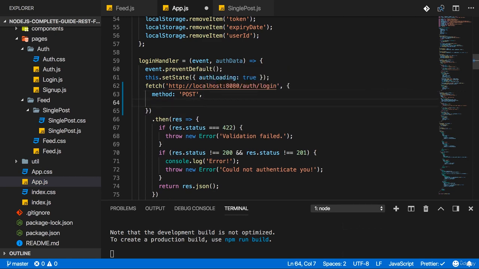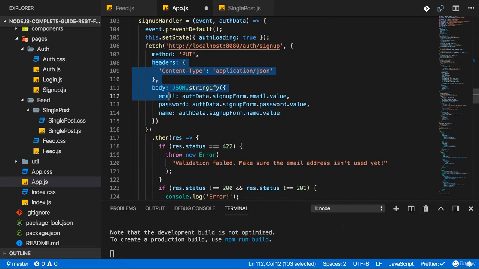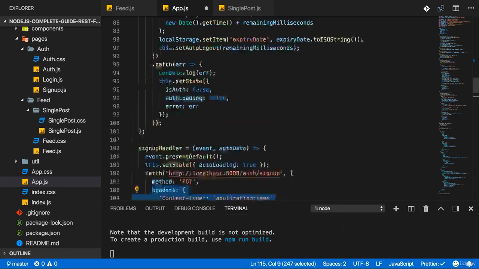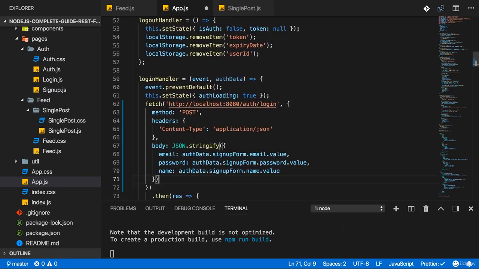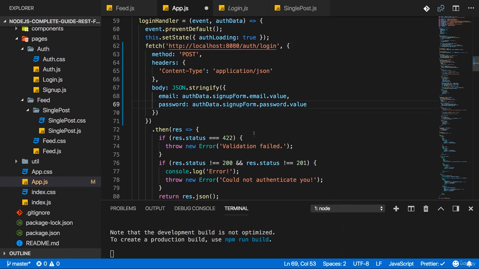pass our data. So just as with signing up, we can actually copy that logic from there, the headers and the body, copy that and move it to login. We don't pass the name in the body though, but password and email will be passed. Now there's another small adjustment required. Here, you can actually directly access auth data email and auth data